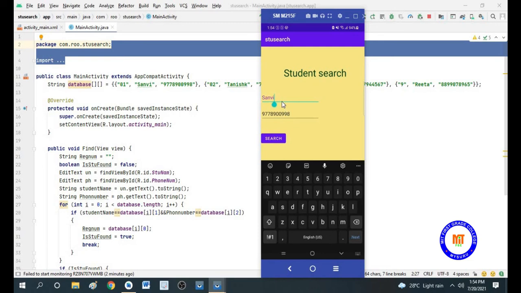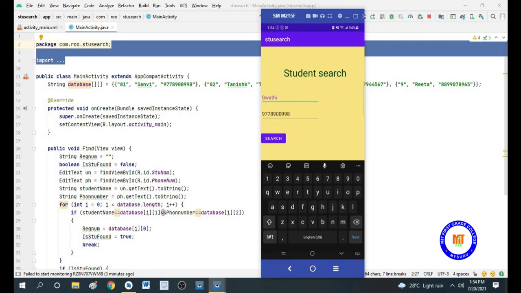I'll give some other name and give Swati and check. So here you can see, even if the phone number is correct, it is not telling that the student is found because the name is not in the database.